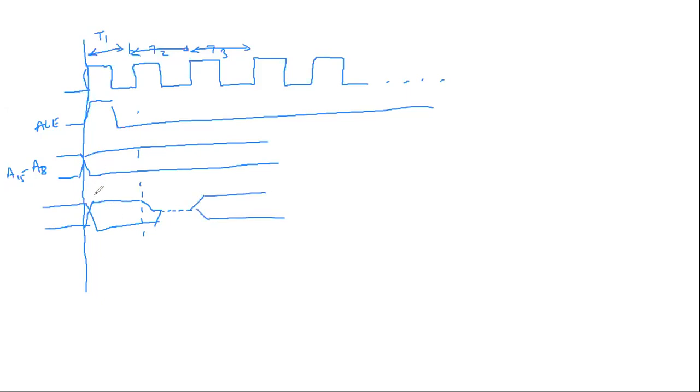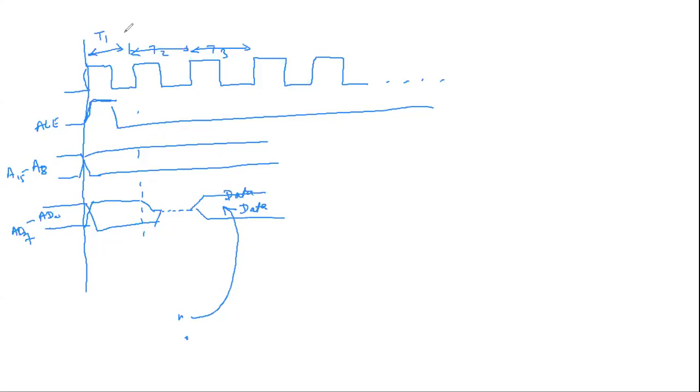So look here, what I have done here, when the ALE went high, your AD0 to AD7 lines have been demultiplexed during the T1 state. And then during T2 state, you will activate your memory for the read and write, and then from the memory you transfer your data or your instruction into the same. Now these will become the data lines.